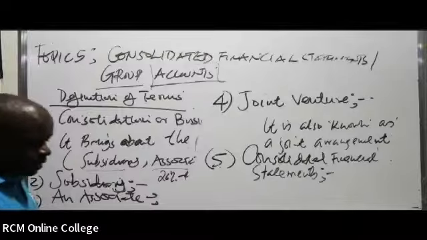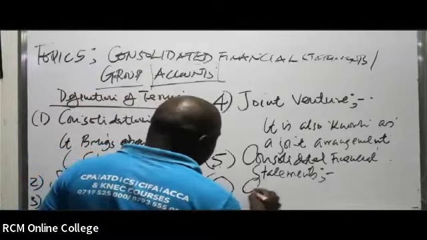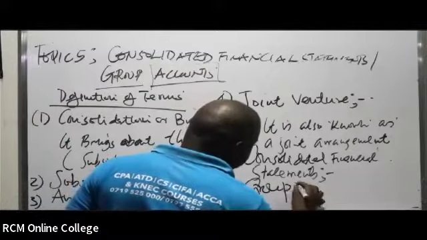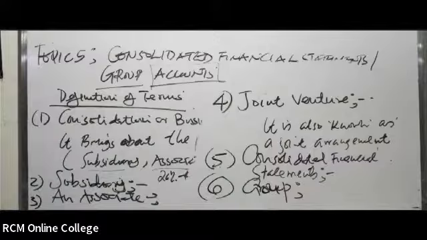So there's a new term that has come there, so you can write number 6, group. What do you mean by group in this case? When you say group, what do you mean? You can try to define that group. So you can write: group. This comprises of